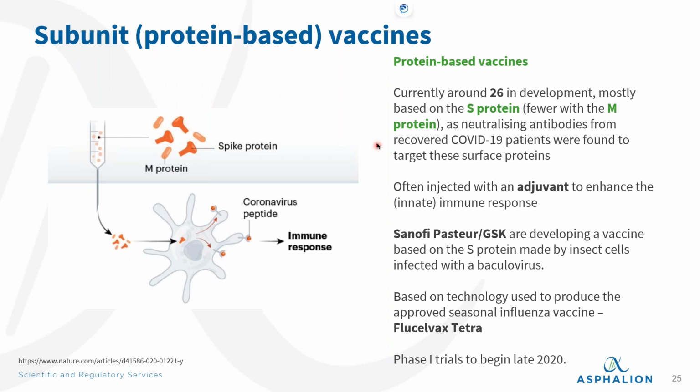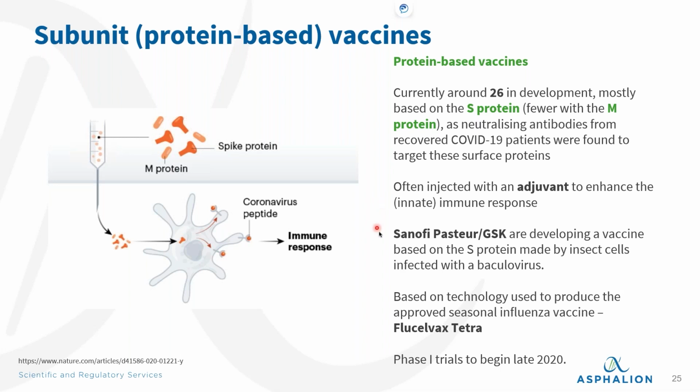And the rationale for this is that they've seen that neutralizing antibodies from recovered COVID-19 patients were found to target these proteins. So the hope is that by using these proteins as part of a vaccine, immune responses will be induced to produce neutralizing antibodies, which will prevent the infectivity of the virus. These types of protein-based vaccines are often injected with an adjuvant to enhance the innate immune response. So the protein itself is there to activate the adaptive immune response, and the adjuvant is there to activate the